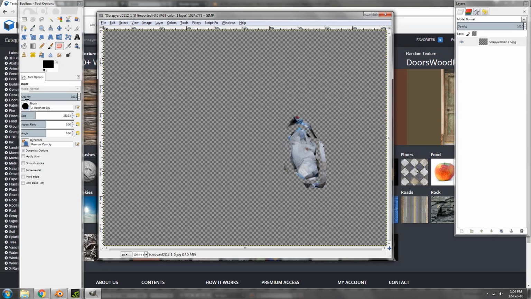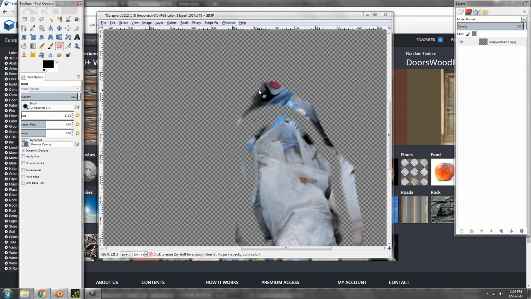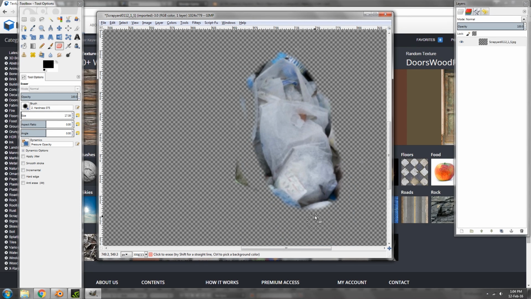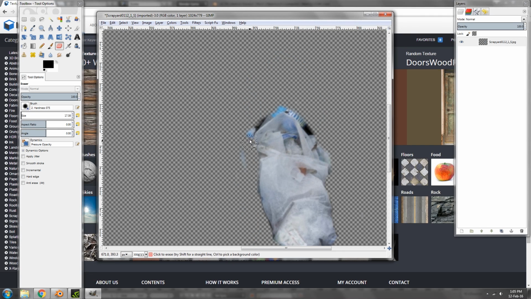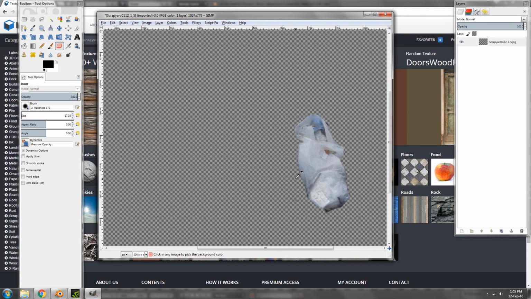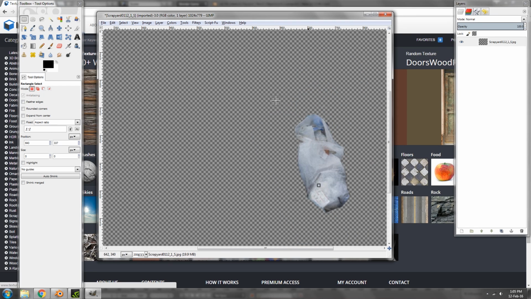So that's most of it done. Go back to this one here, maybe around 20, then hold down Control and scroll so you can zoom in, and then just keep getting rid of the rest. Now for the next part here, we just want to sort of just get rid of the edges here. Okay, so once you've got it sorted, what you can do is go Selection, select around it, and then Image